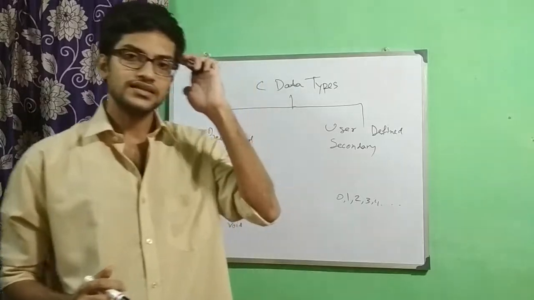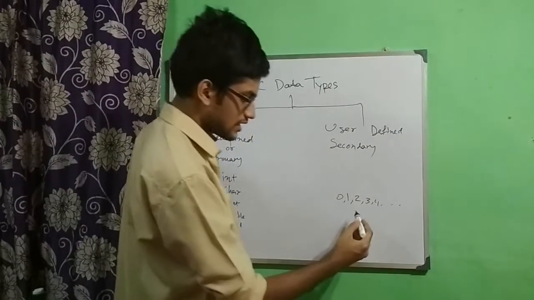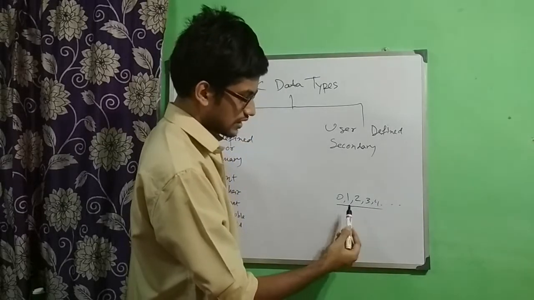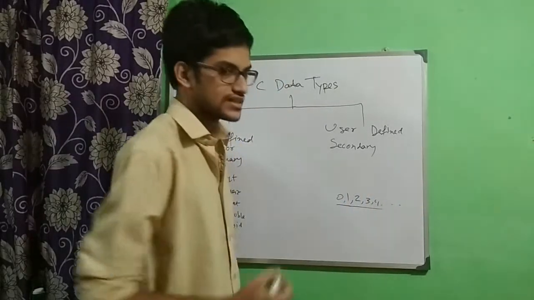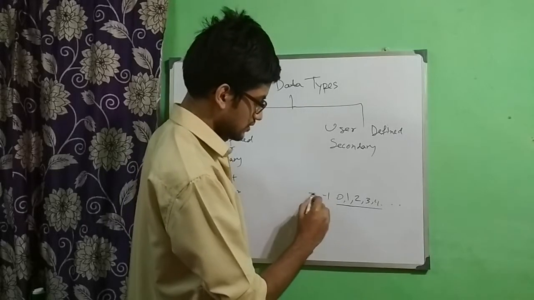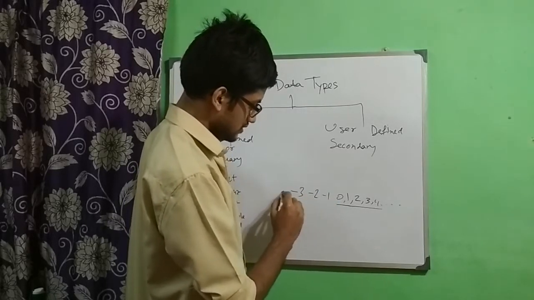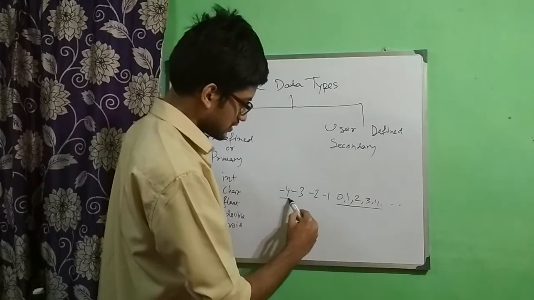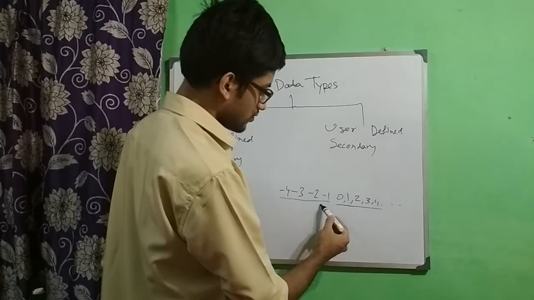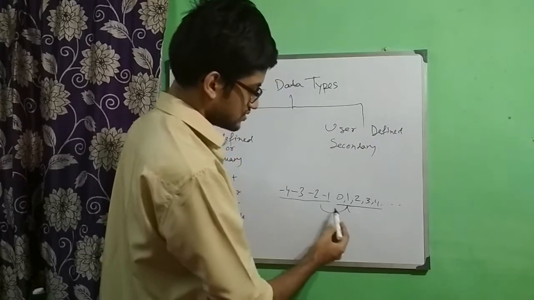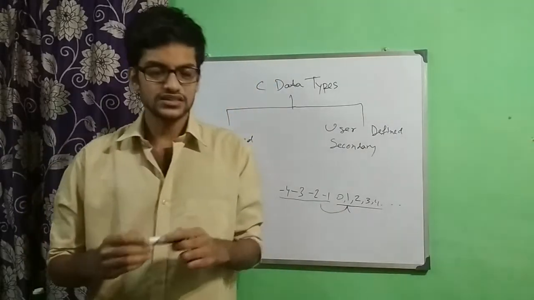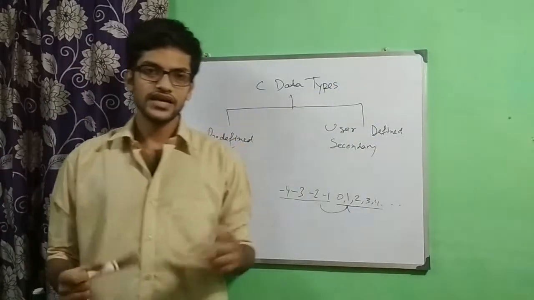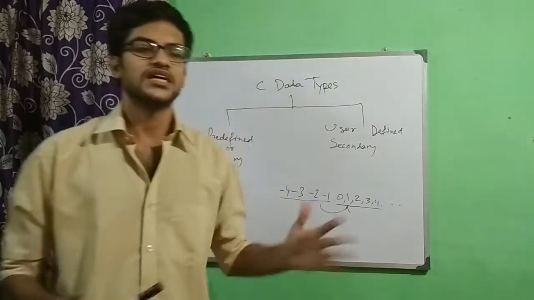And then we have integers. What are integers? An integer is the natural numbers plus the whole numbers, along with the counterparts of the natural numbers. So it will go like this: 1, minus 1, 2, minus 2, 3, minus 3, and so on. This part is the counterpart of this part. 0 is 0. Zero means it's null, it's void, there is nothing, so it doesn't make any sense to put a minus or plus before the 0.